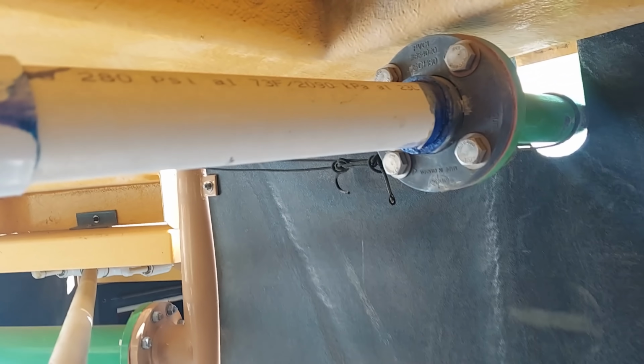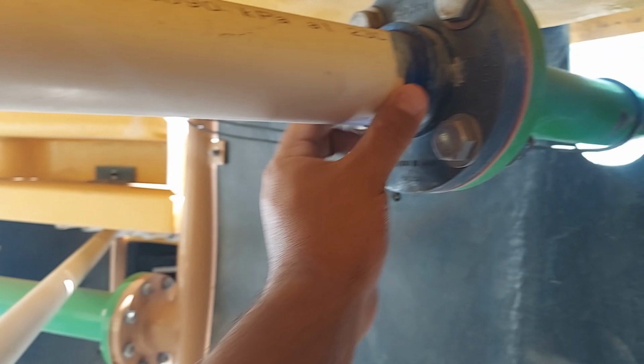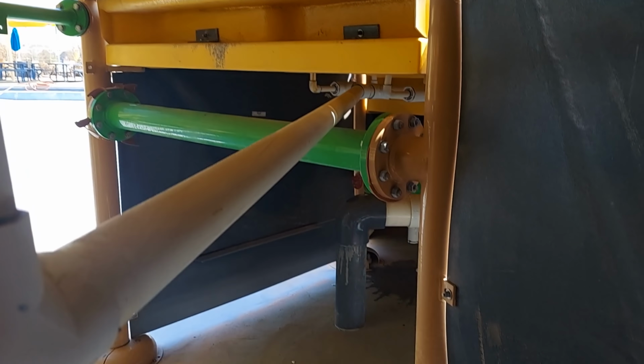Now, we've always had problems with this pipe. Even the attraction up in our other site that has this exact same attraction, we always have problems with this pipe popping out. We ended up putting a really heavy duty glue on this flange here, and it worked out great. This pipe is fairly new,